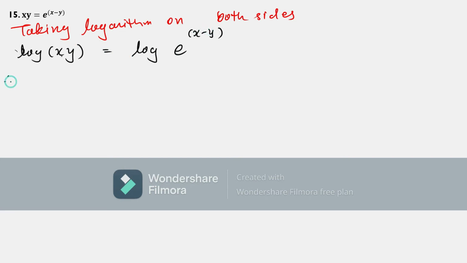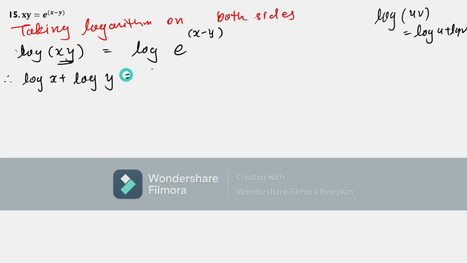Now on the left side you can see easily that two variables are in product. We can easily separate by log, we just need to take the sum. We have used this many times: log of u into v is equal to log of u plus log v. So that way we will do log x plus log y. Simple. We used the log table for this only. To simplify multiplication, we used to take logs and add them. So that thing only we have done.